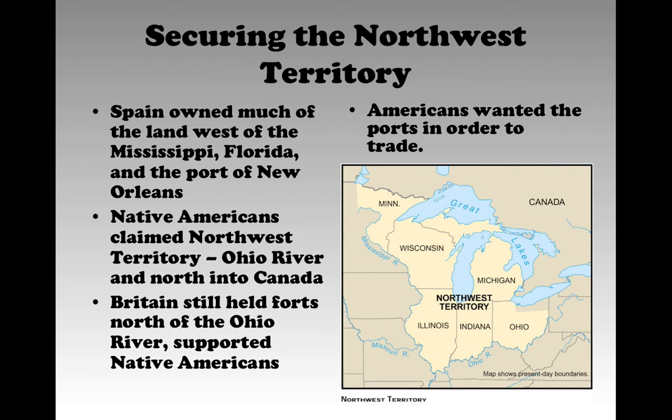Now, all of those are going to be extremely important and going to cause some problems because Great Britain is not gone from the landscape, even though they were defeated in the Revolutionary War. And we already discussed George Washington and his take on the Native Americans and why he decided to move west. So in the next slide, we'll take a look at some reasoning why the conflict occurred out west.